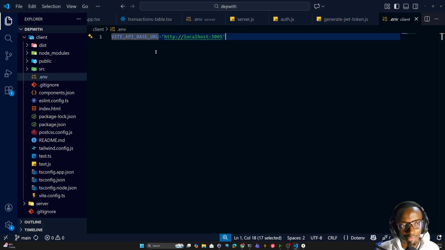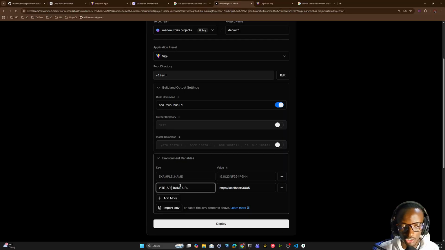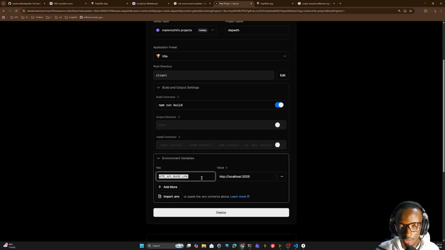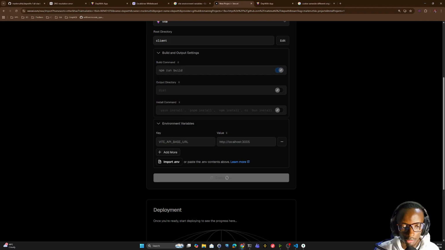So if you have many, you can just copy all of them, then come here and paste, and it's just going to pick the actual variable and its value. Now right now we know that this is not going to be localhost, but we haven't deployed the backend yet. So we cannot give it a value. We just know that it is going to be updated, so we can leave it as that for now, but remembering that we are going to come back to this and change it. So I'll show you how to change your environment variables after you have deployed. So I'll click on deploy